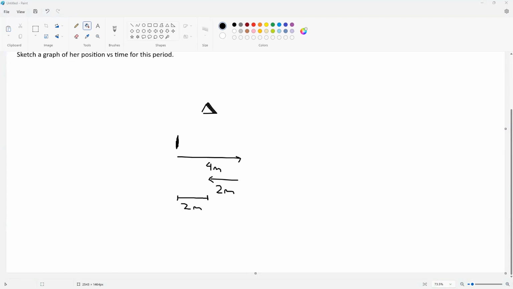Oh, I see. So vector. Normally if it's asking about average, we should use the displacement, right? Because some of the questions I see are different. Some are just asking velocity and some are asking about average. So sometimes I'm confused. Okay. So velocity